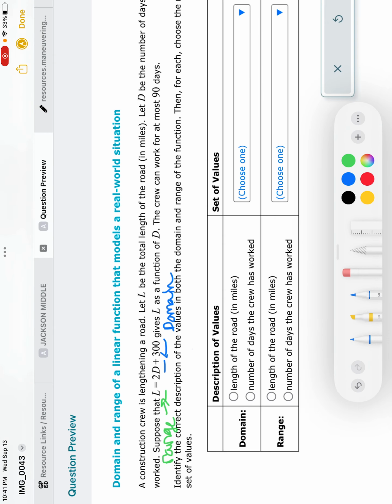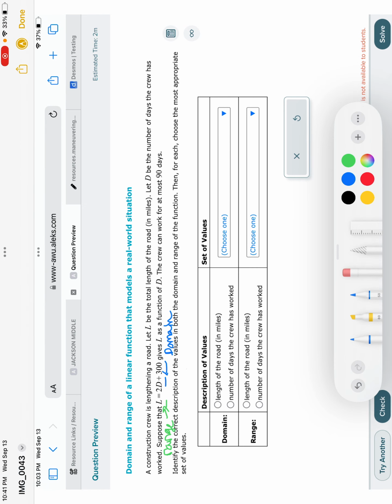So if we continue here, I say, well, D is domain. What does D stand for? If I look in the problem, it says let D be the number of days. So I go, well, I just found out D is domain, right? Because it was with all the numbers. And it just tells me that D is the number of days. So my domain is going to refer to the number of days that the crew has worked. For the range, it's going to be L, right? And L is the length of the road. So that is awesome because now one